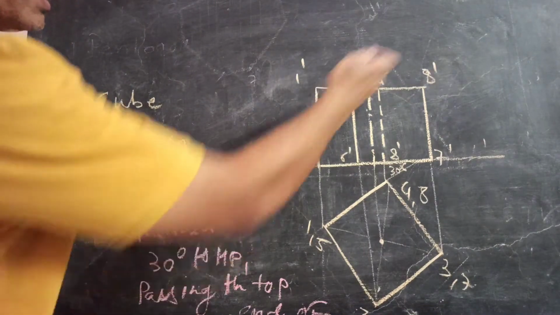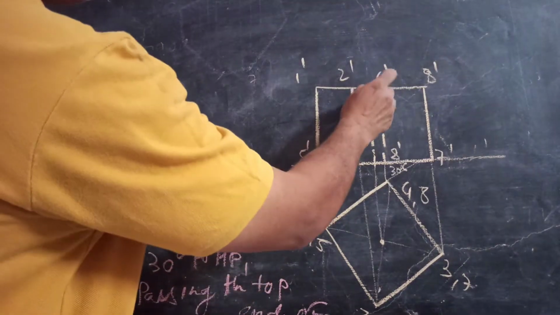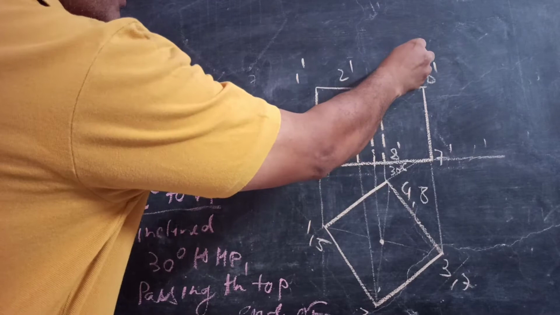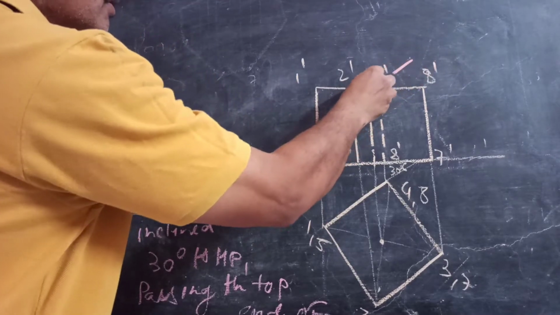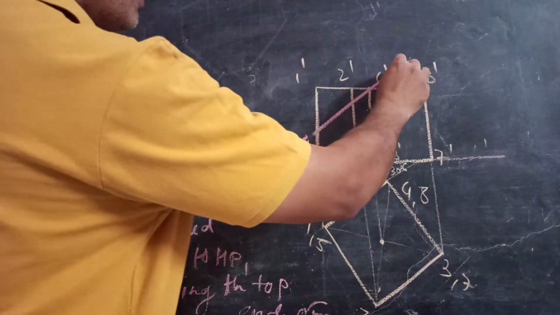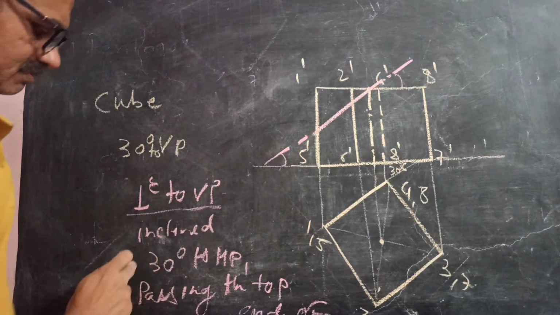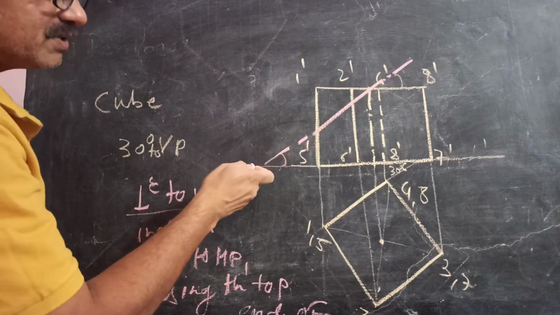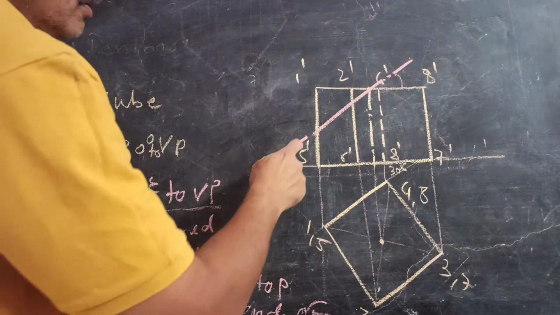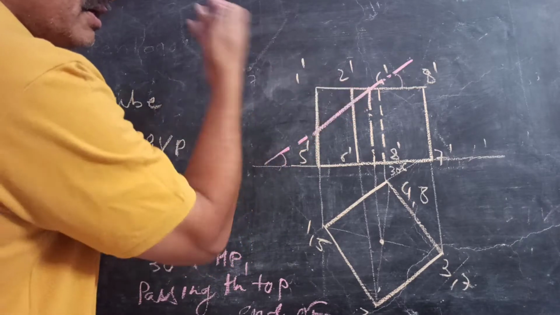perpendicular to VP, so the cutting plane line will be in front view, inclined 30 degrees to edge. So you can keep your protractor here, it is passing through here, draw a line 30 degrees inclined. So this angle must be of 30 degrees. Ultimately this angle will be of 30 degrees because it is 30 degrees inclined to HP, passing through the top end of axis. Now see, here the whole cube is, this corner is cut, right?